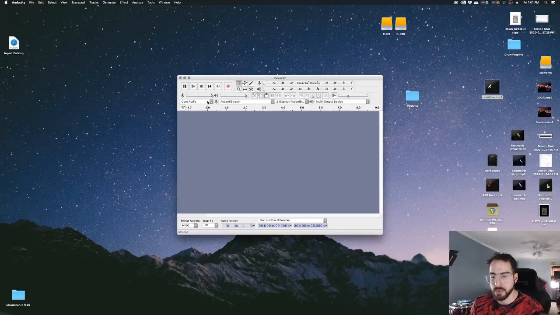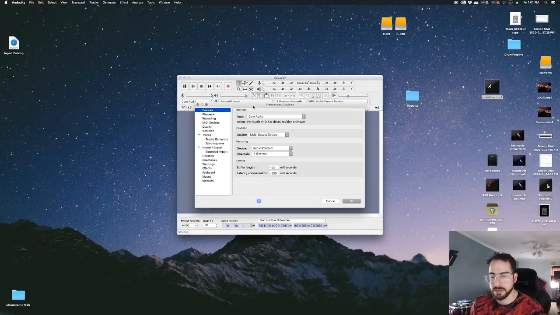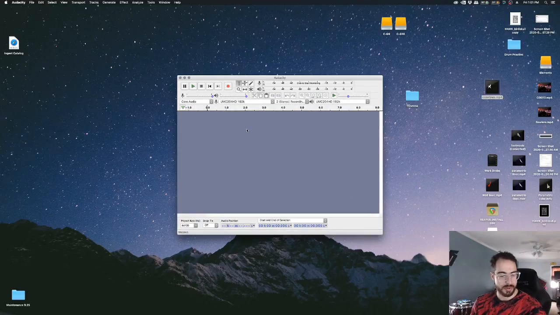Hit OK. What you want to do is select your audio interface by going to Preferences. Then you go to Device. Make sure it is your recording device. In this case, mine is this interface here. For playback, that's my speakers, right? And then for recording, I want to do the same thing. So next,